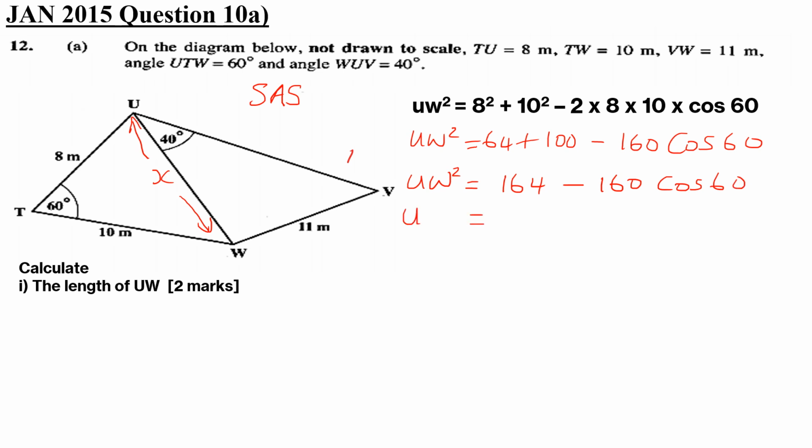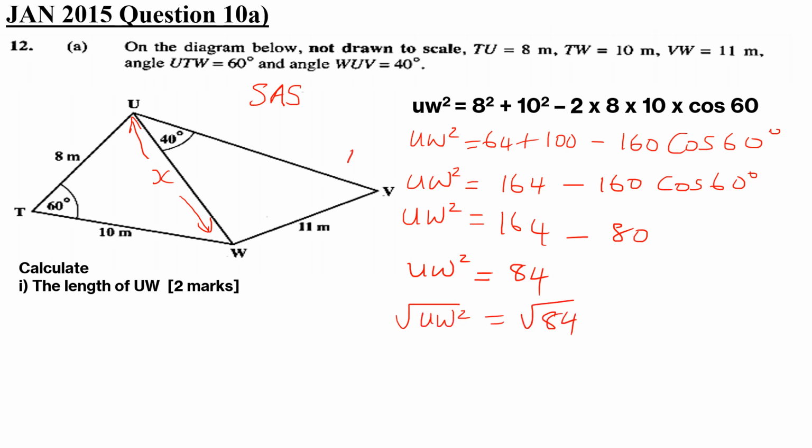So you can plug that into your calculator. For 160 times cos 60 degrees, I got 80. So UW squared is equal to 84. So we're going to square root both sides. UW squared, square root 84. That's going to give us UW is equal to